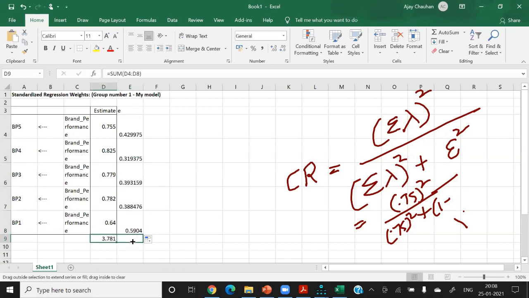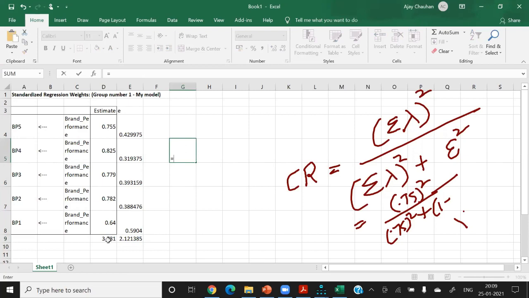And if you apply this formula, divided by, and plus this, you can see that the answer is 0.87. So in this way, we can calculate the composite reliability of a construct.